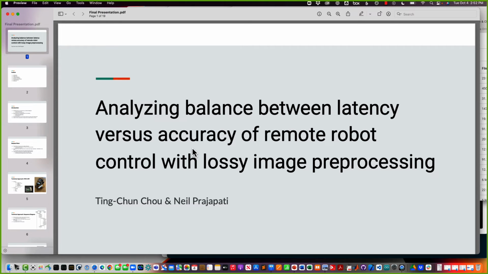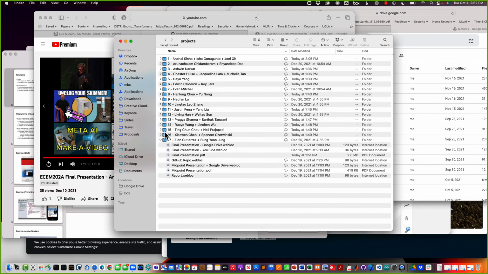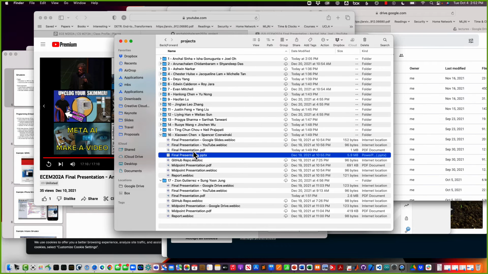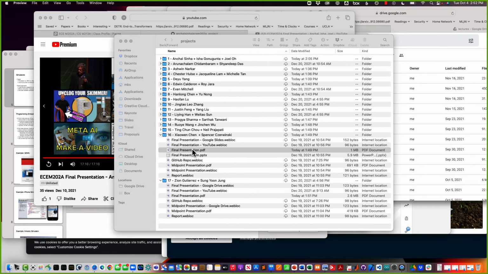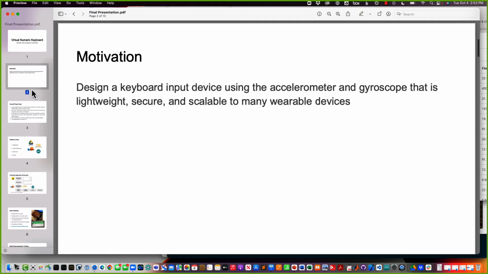I forgot what this one was. I'm going to skip this one. I think it was again exploring a virtual numeric keyboard. Let me make sure that I